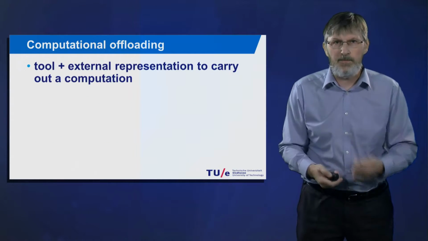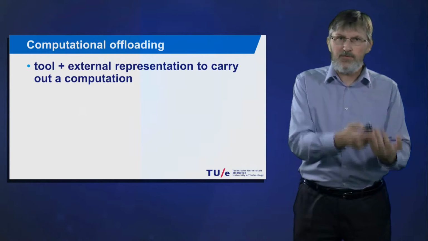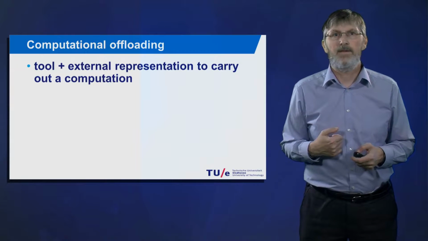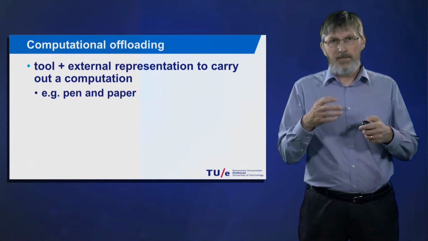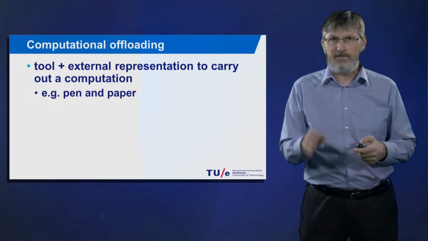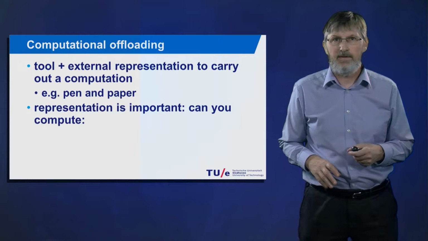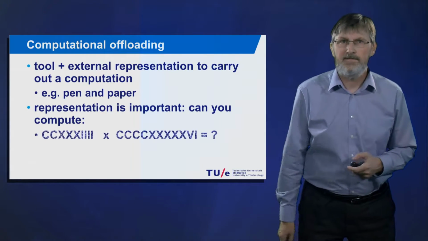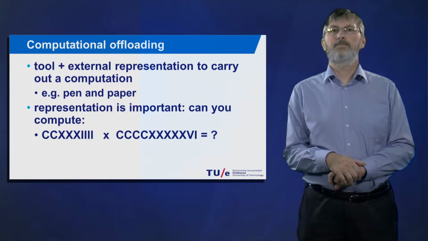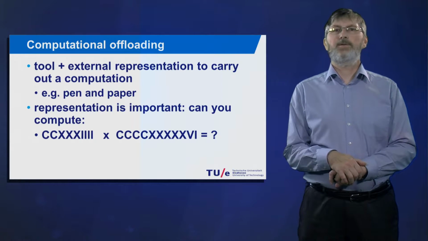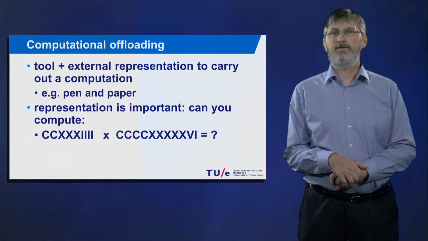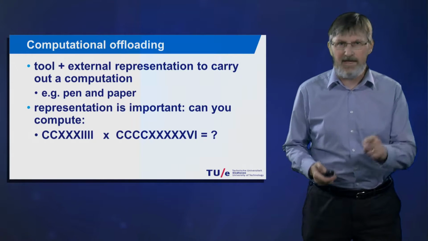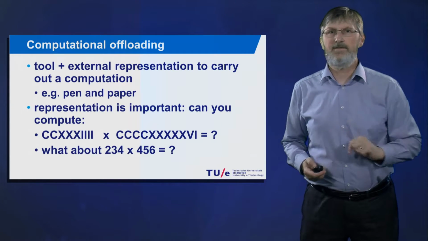We also use computational offloading to use a tool and external representations to work with numbers. Pen and paper is already an example of that. It doesn't have to be a calculator. But the representation is more important than you often think. Let's try to compute this. I probably don't have to wait a long time because you're not going to be able to do this. You're not able to do this unless you translate it to